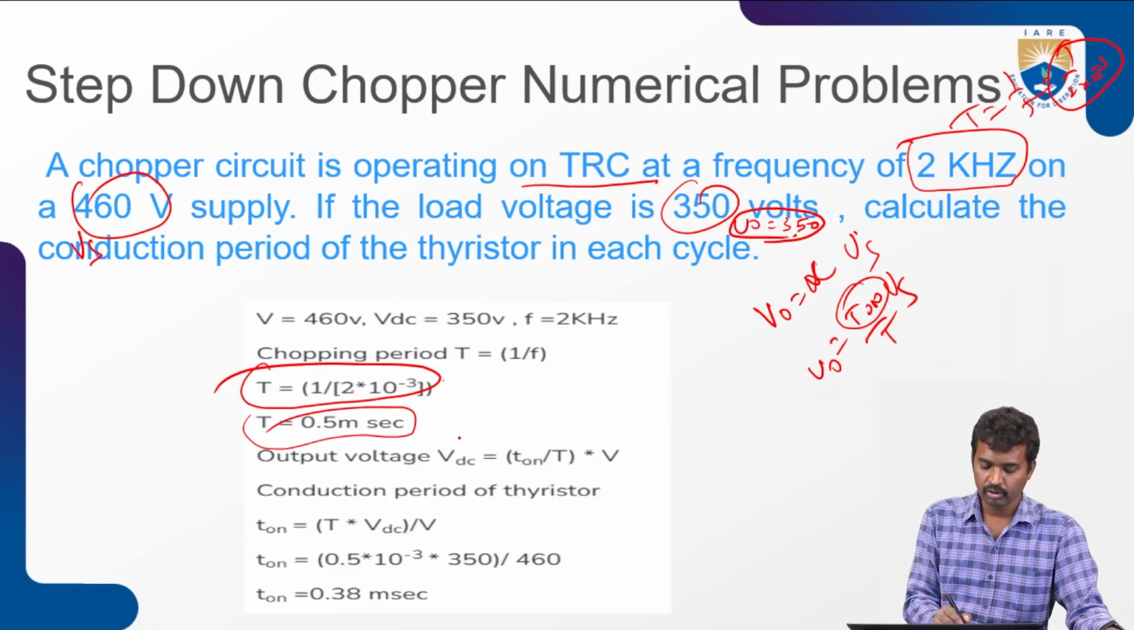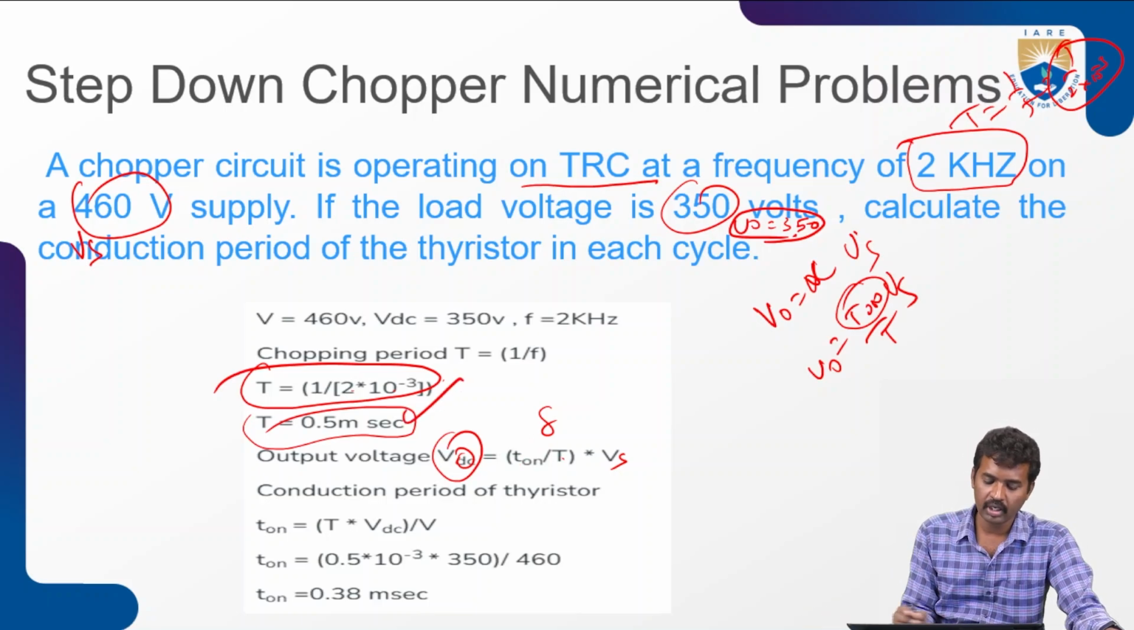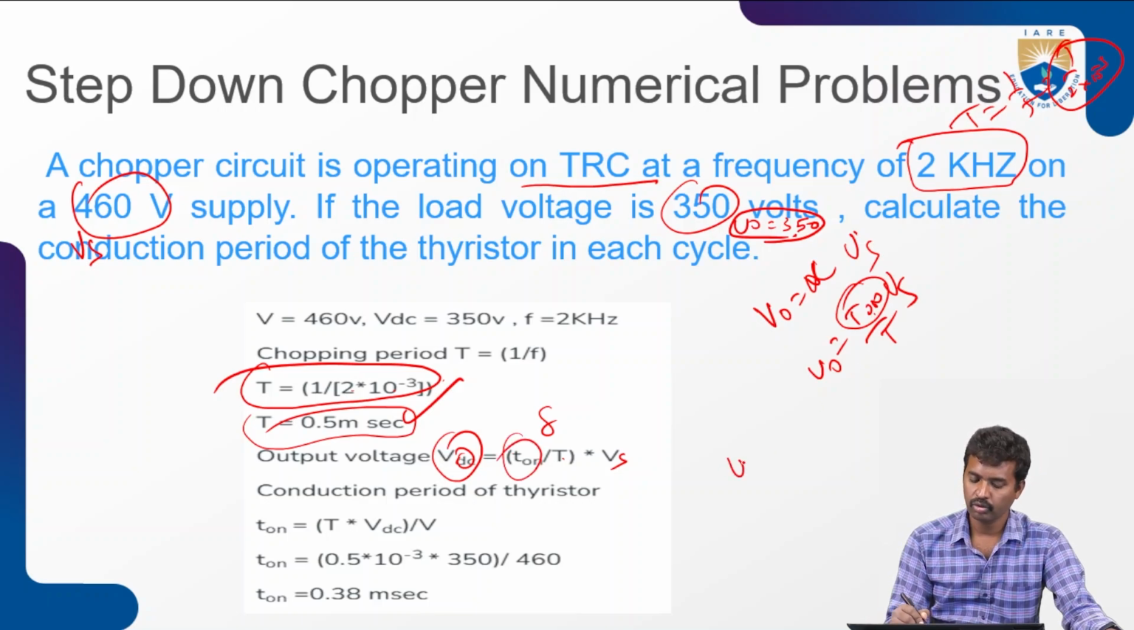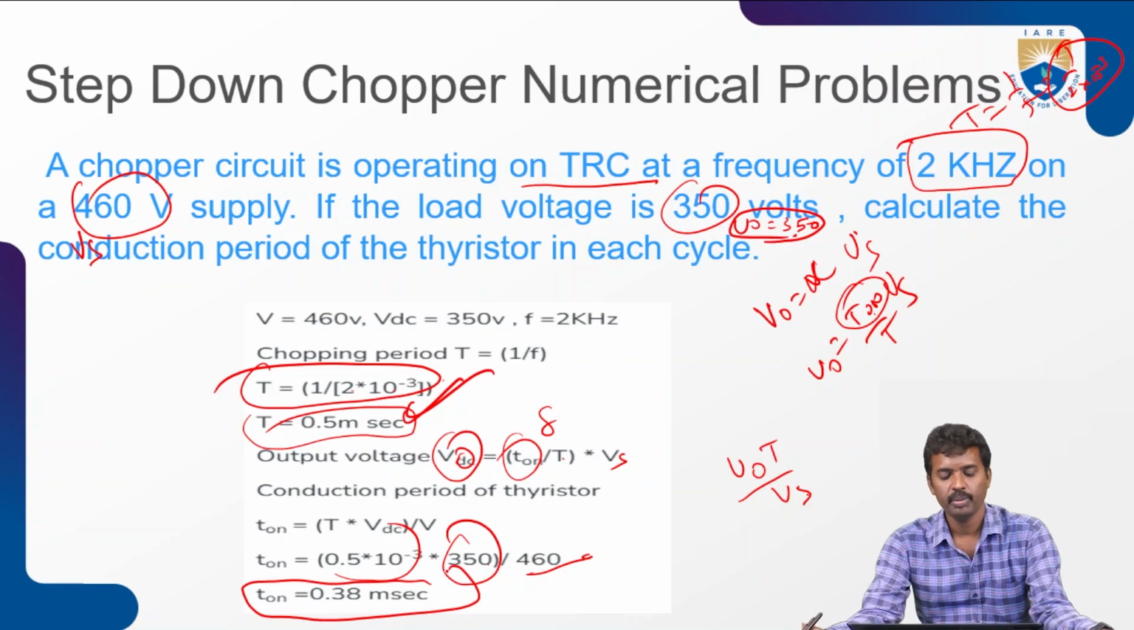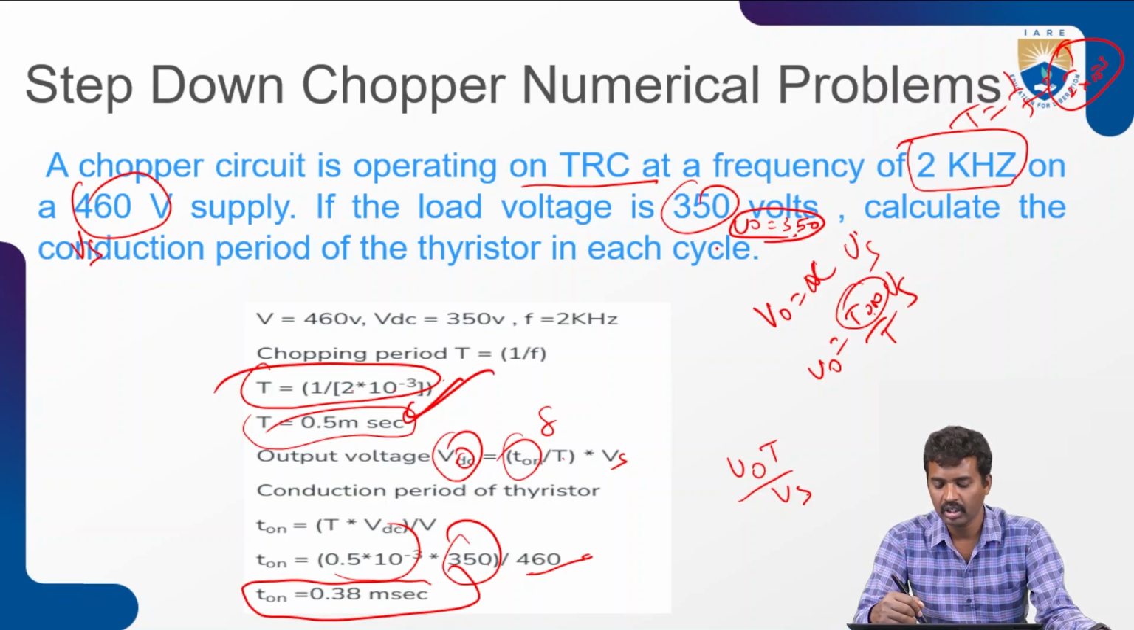So we know very well the output voltage V0 equals delta into Vs, where delta equals T on by T. T is calculated here. So T on equals V0 into T by Vs, that is T into V0 by Vs. T is calculated here, V0 is 350 and Vs is 460. So the conduction period of the thyristor in each cycle is